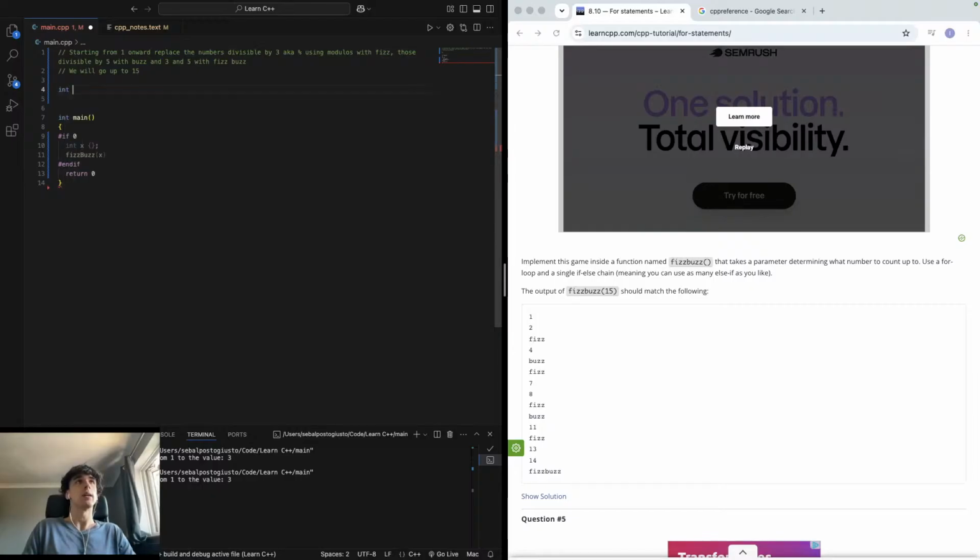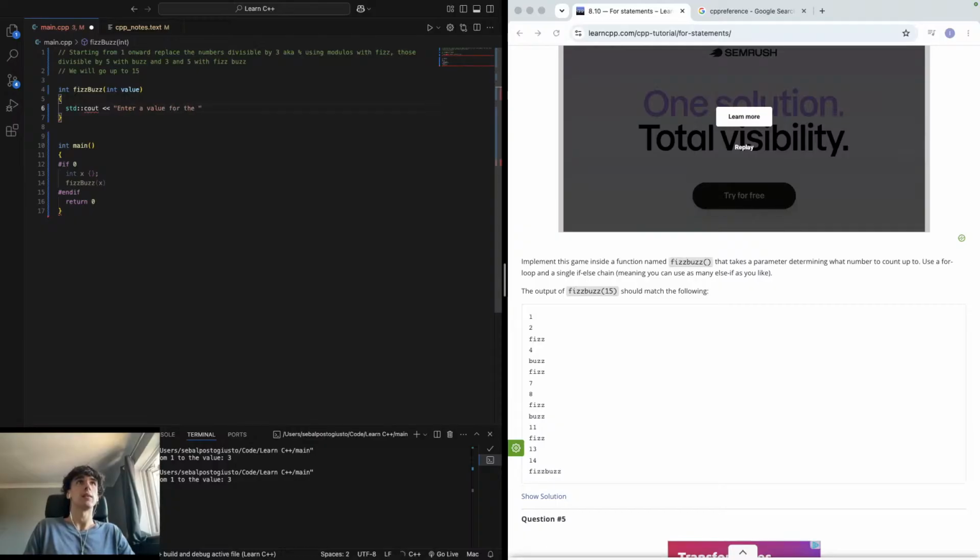So int FizzBuzz, and then we'll do an integer of value, and then we'll do a standard character output of enter a value